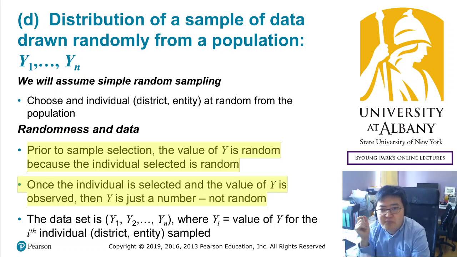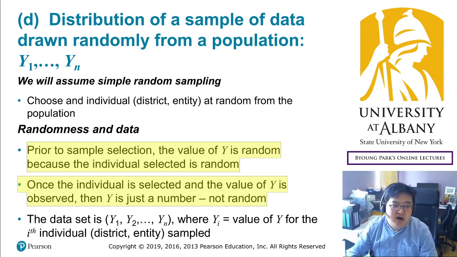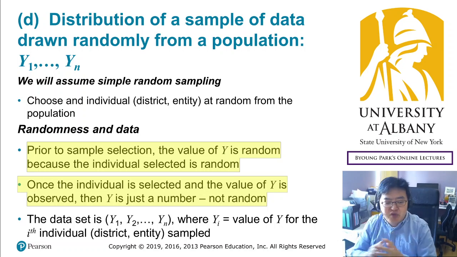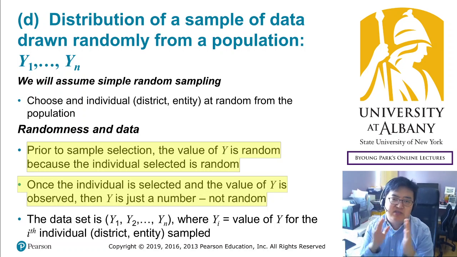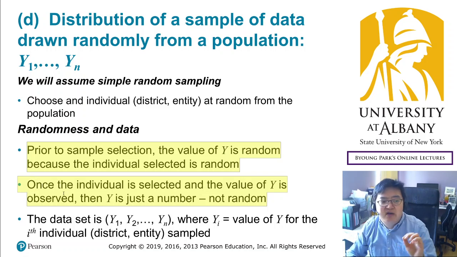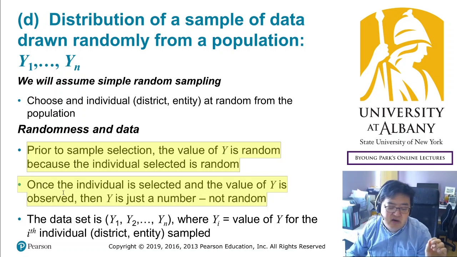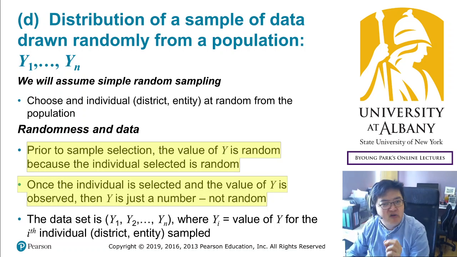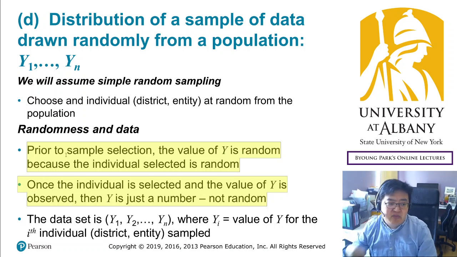The value of the random variable is not determined, so it is random. However, once you observed the outcome, it is not random anymore. It's determined, so it does not change. So it was originally random, but your observations are not random anymore once they are realized. So later, the distinction between realized outcomes and unrealized random outcomes makes some differences. When we get there, I will remind you again.